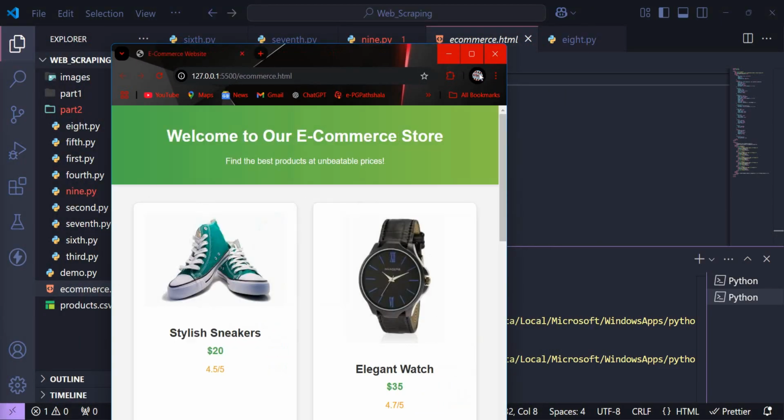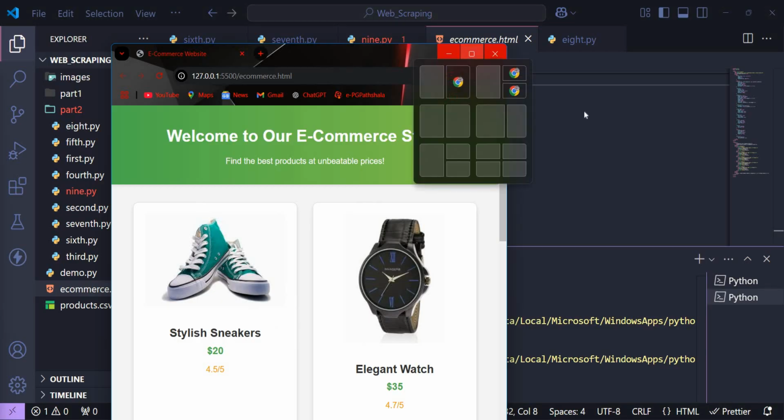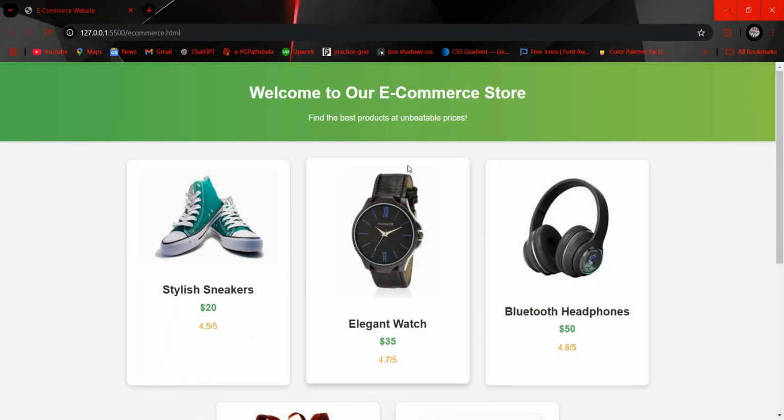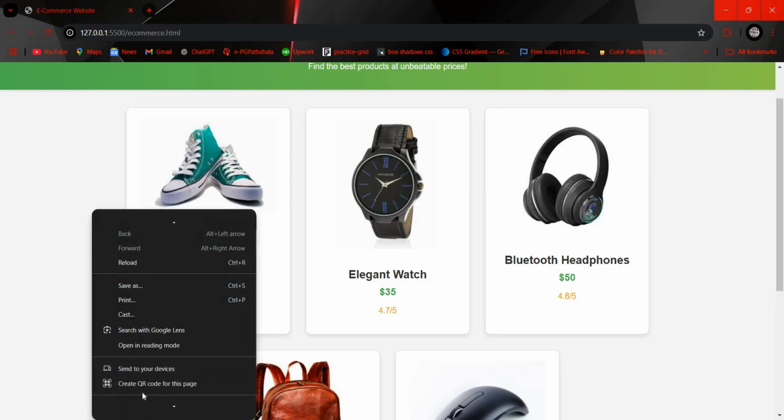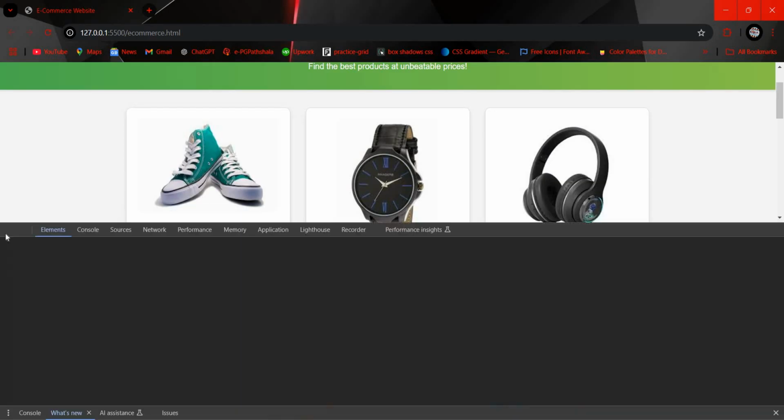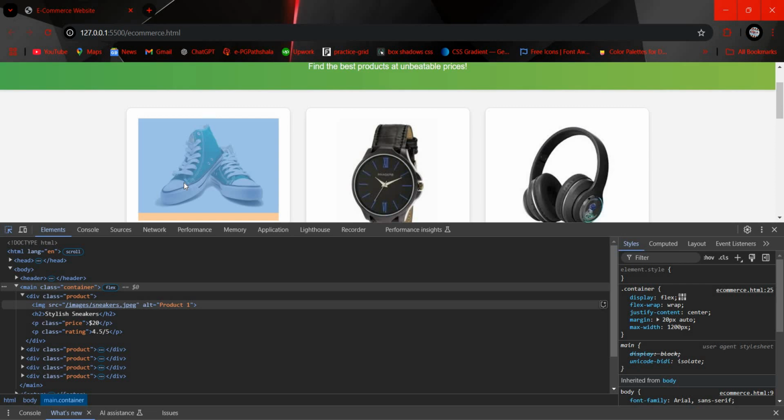Okay, so you can see the website. This is the website which I have created. It is a static website, with CSS in it. So let's go to the developer tools, inspect, and let's see what the classes and containers are in